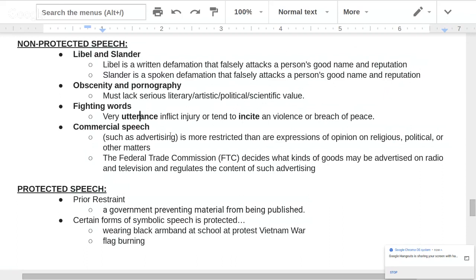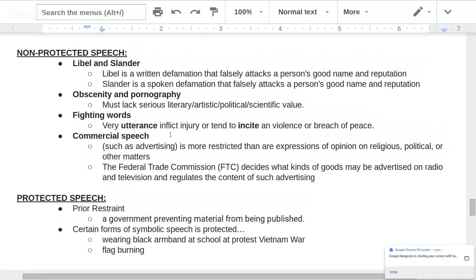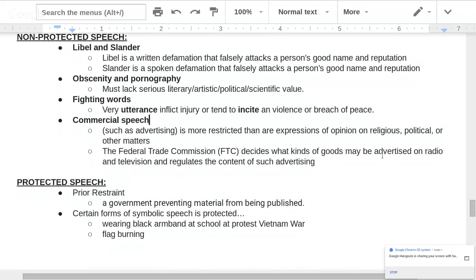And this is kind of out of the blue, but it did. The Citizens United versus United States, they did establish the super PAC. That's how super PACs were established, but that's kind of not what we're talking about. But just an example, commercial speech, such as advertising, is more restricted than our expressions of opinions on religious, political, or other matters. And the FTC decides what kind of goods may be advertised on radio, television, and regulates the content of such